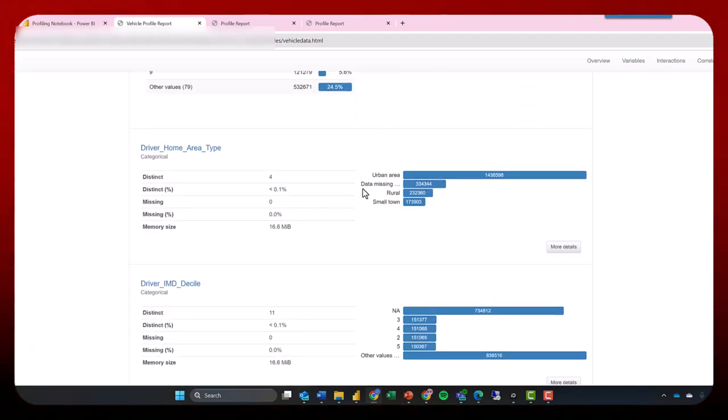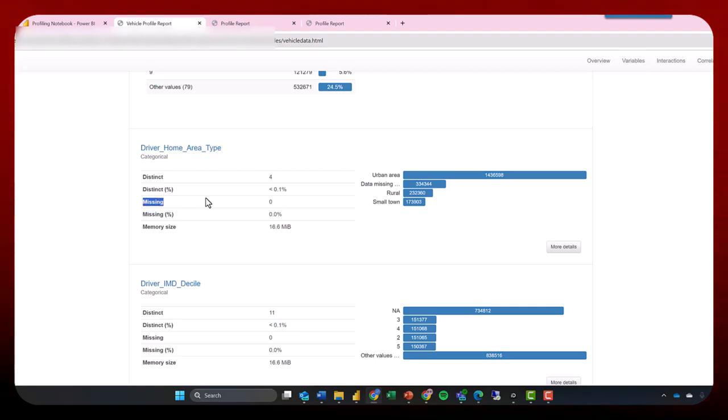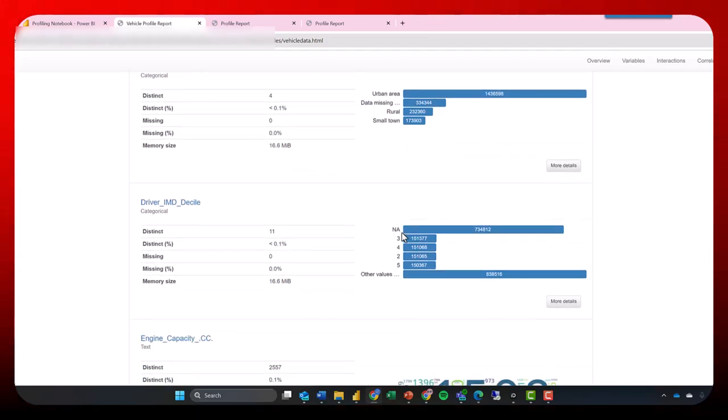We also have lots of values. If you go across all these columns, you've got lots of values where it says data missing. So we actually have a missing statistic of 0, but the data itself allows people to put in a value of data missing, and you see that quite often. NAs in that one,